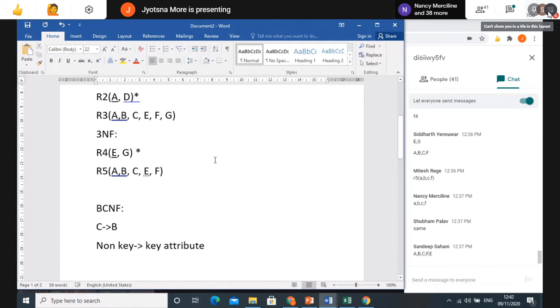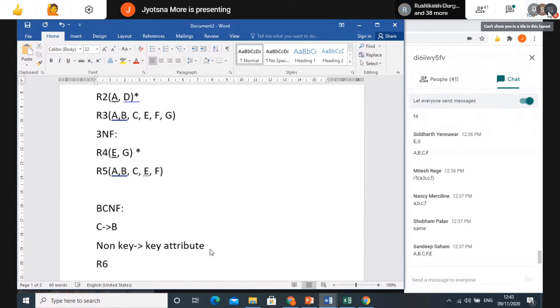See here, while going step by step, if you are missing anything in the first step, your complete sum will go wrong. So practice for that, where to keep the primary key, you have to keep till the end. Always remember, when you are going to change it for BCNF, your main candidate key may change. That we'll see right now. But otherwise, your candidate key remains as it is most of the time. Fine. After this, divide R5 into R6 and R7.